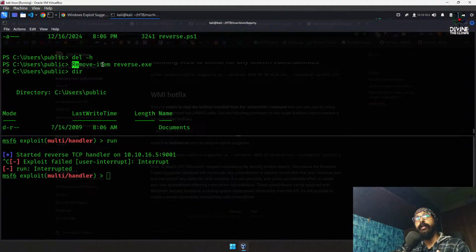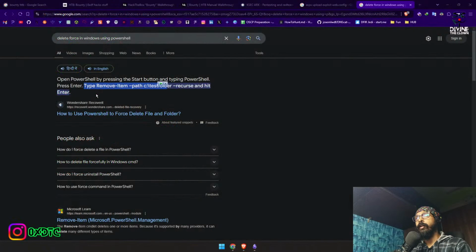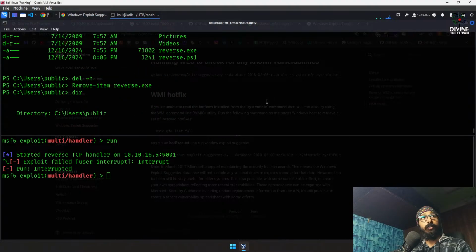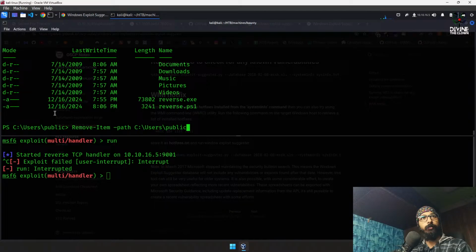But over here it's a totally different set of commands if you are working with PowerShell. So let's copy this whole thing and paste it here. Now as a path, if I just copy this, paste next to it, slash reverse.exe,